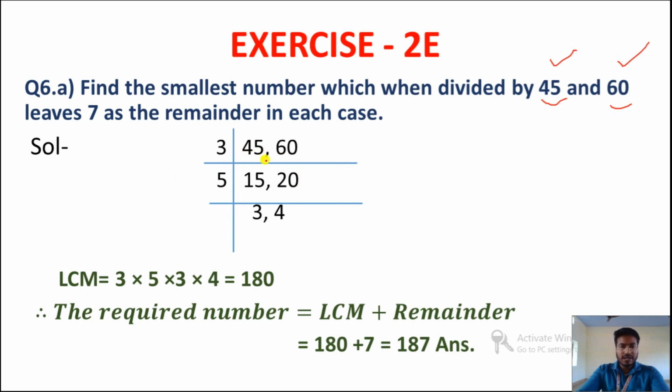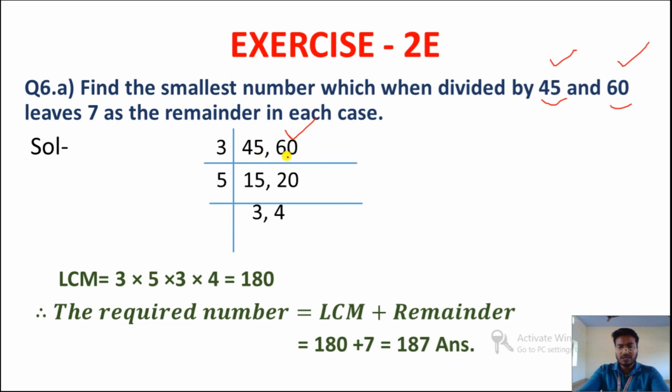First we'll arrange like this, you can see, and here we have 45 and here 60. By the smallest prime number, first we'll take 2. By 2, not possible. According to the rule, the list should have at least two numbers divisible by 2, and here only one number is there which we can divide by 2, so we'll not take 2. We'll move to the next prime number, which is 3, and we'll check whether these two numbers are divisible or not.